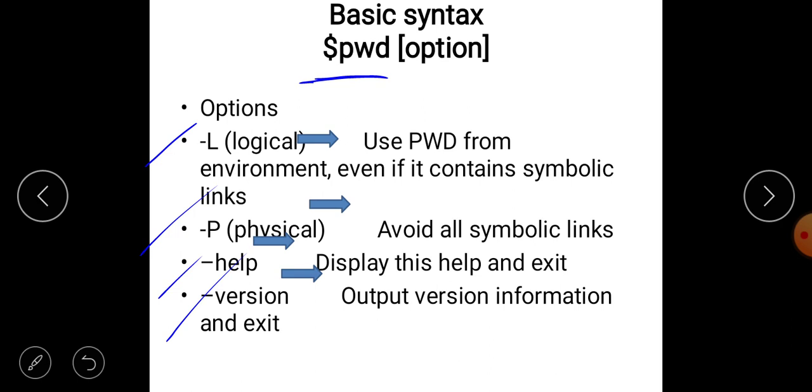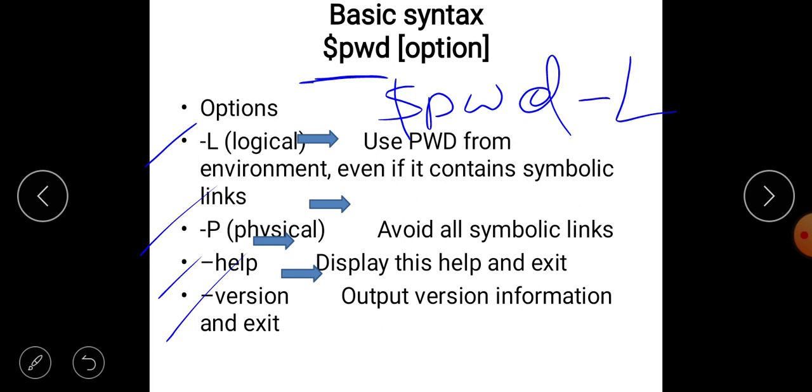We can enter like this: pwd space minus L, which means use pwd from the environment even if it contains a symbolic link.